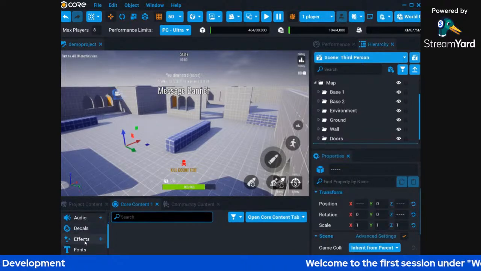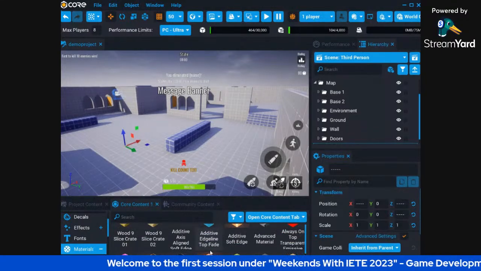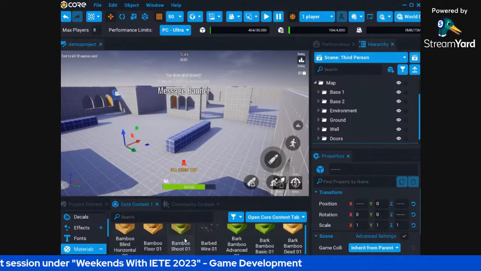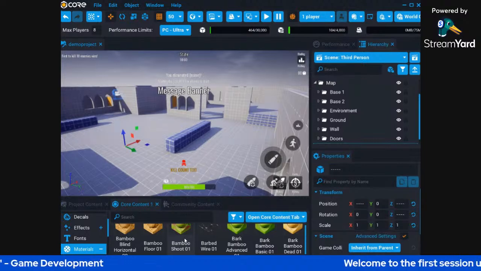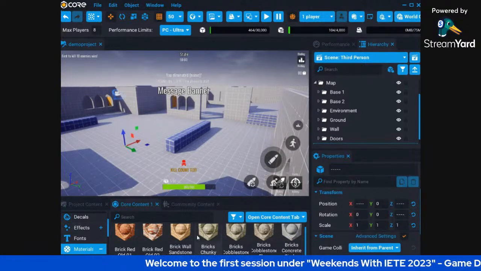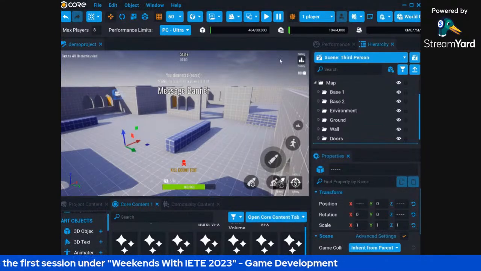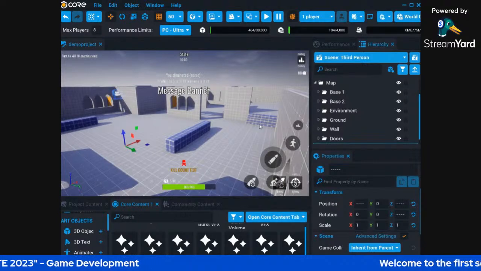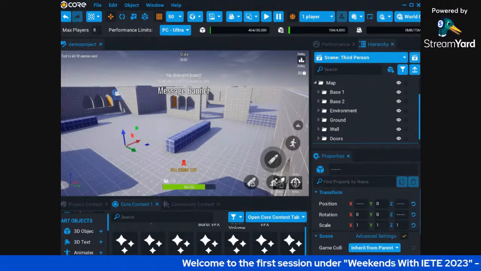For example, I want to add material. Now you can see that you will find many material features built in here. The best part about Core is that almost everything is provided to you. You can just simply use it and create any game. So there are various materials, there are various effects. You can also change the sky, the floorings, the walls, the windows, the doors. You can add an object, you can add enemies, everything. Whatever you have seen in the starting game, you can do it.